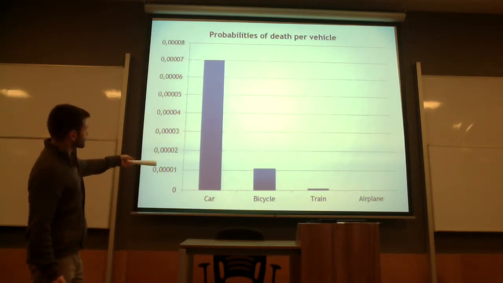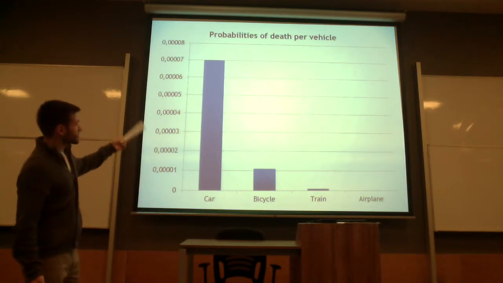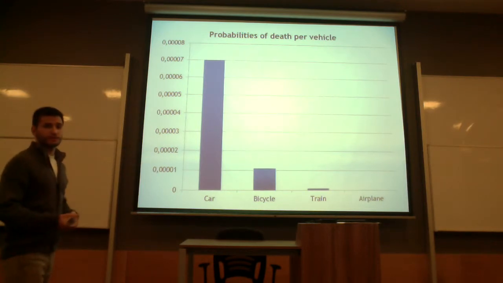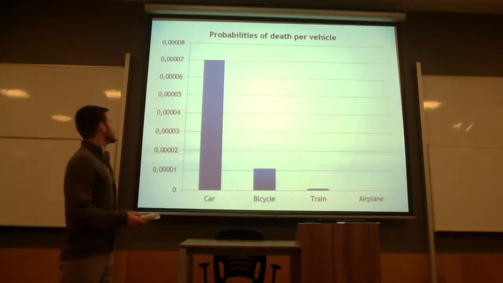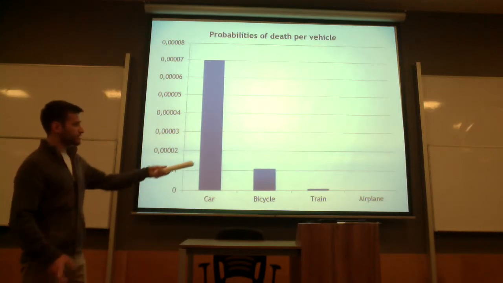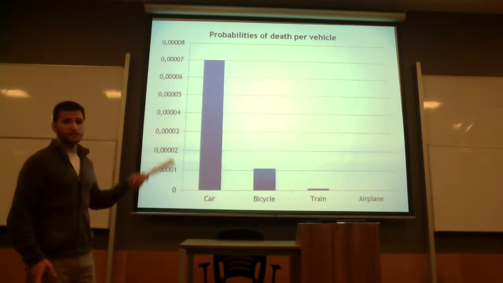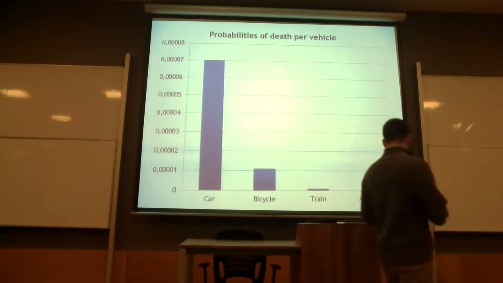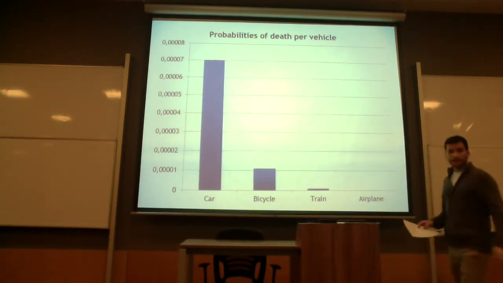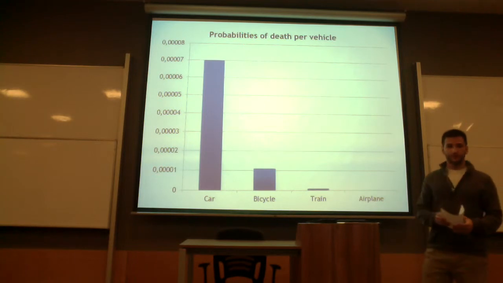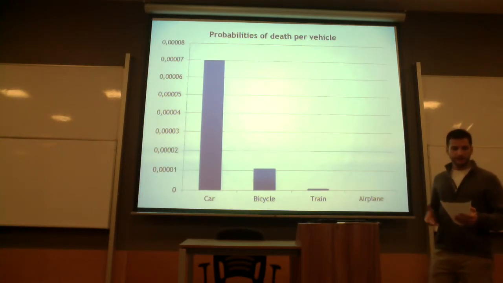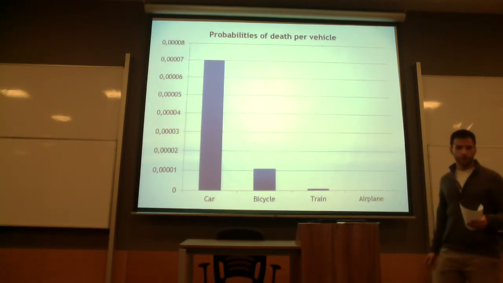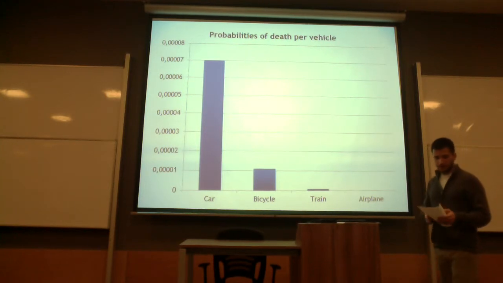We see that car has the highest possibility of death compared to other transportation methods, and airplane seems to be the safest one. As stated in the article, an MIT professor who has done extensive research on commercial flight safety systems